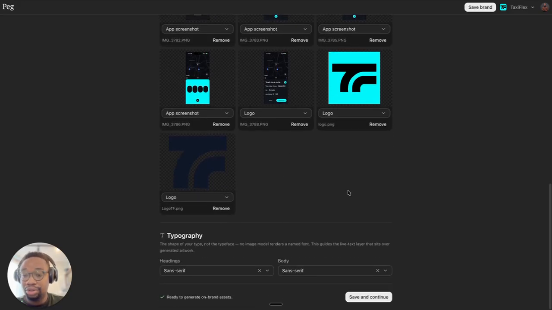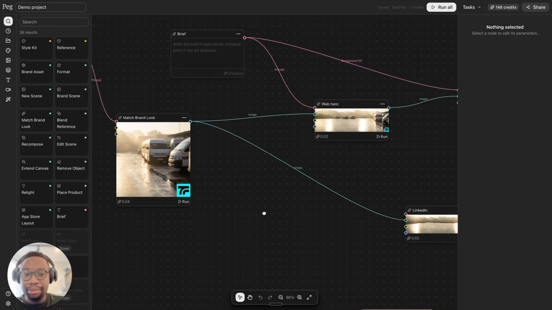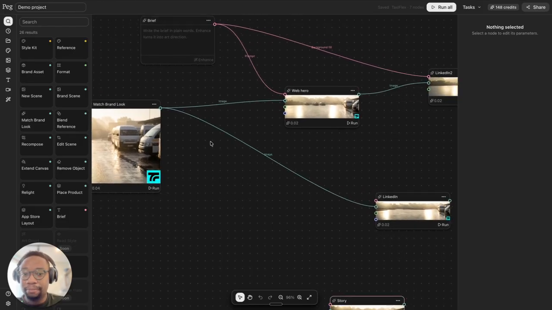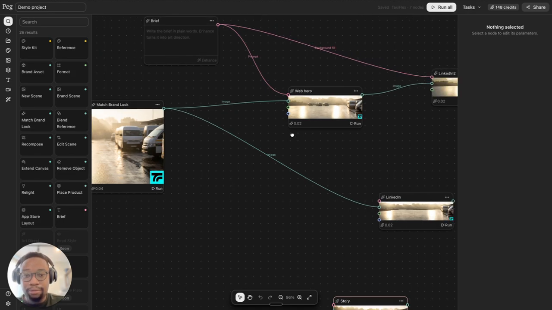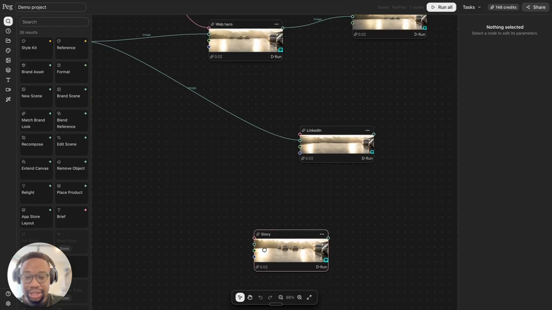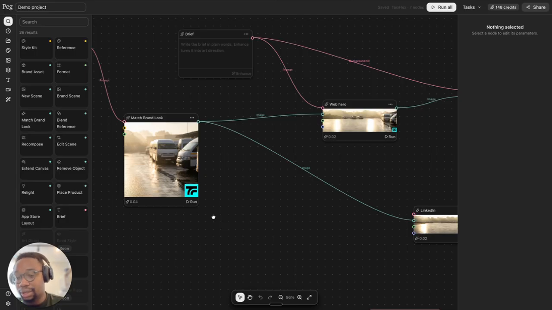So this was a very dirty one. It's not, by any means, the best way to do this. But just for the sake of an example, you can see I've also said, headings and body use a sans serif for both. And from this single match brand look, what we're able to do is start generating different aspect ratios or different breakpoint assets. For example, your web hero, your LinkedIn, your stories, all of this stuff can get created off of the one